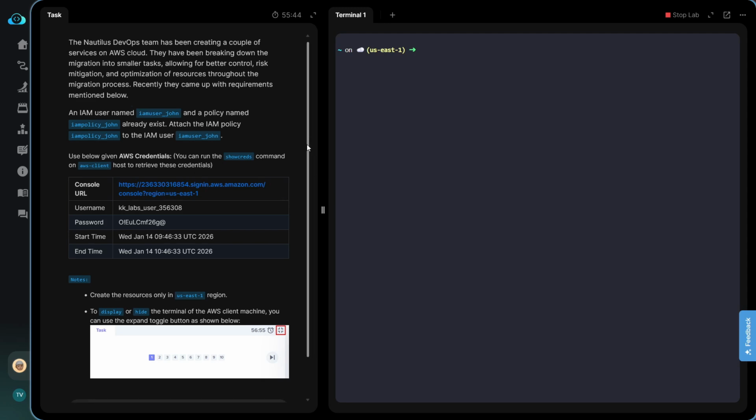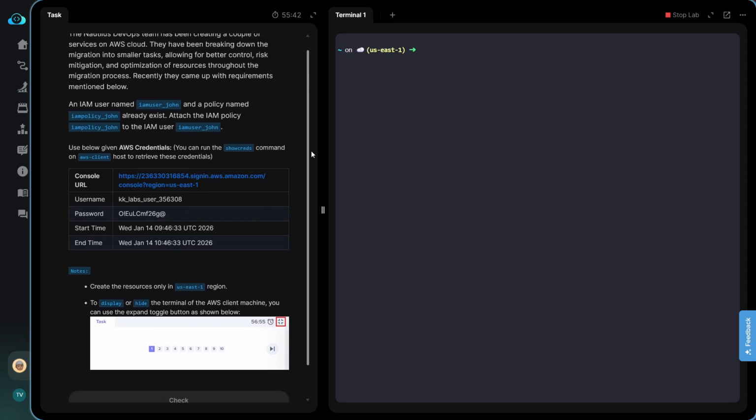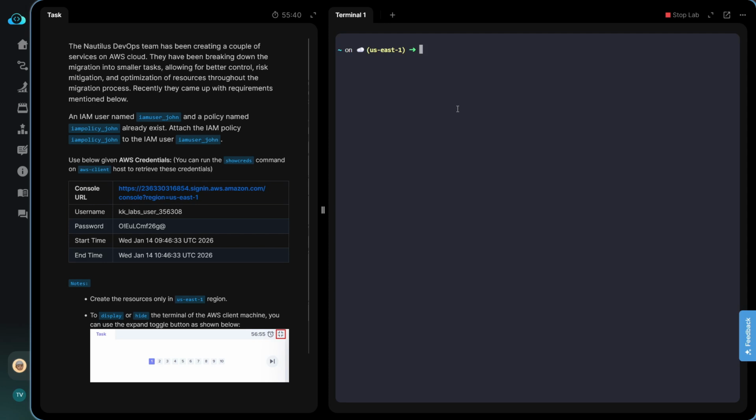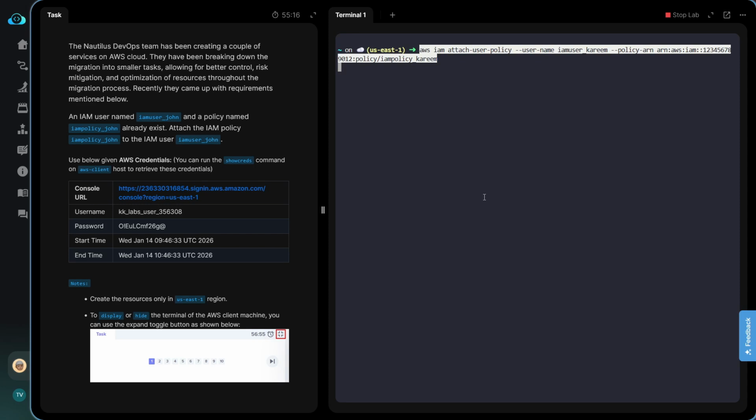Actually the existing policies are not being shown in my account. That's why I'm using AWS CLI to complete this task. For attaching a policy to the IAM user, we need a command. This is the command. We need to attach the policies to the IAM user, and here we need to change the name of the policy. That should be John,